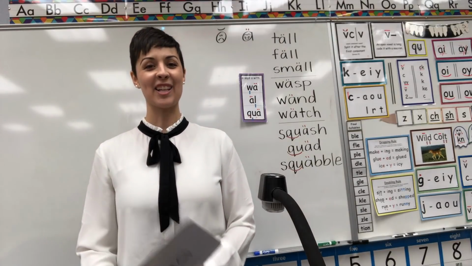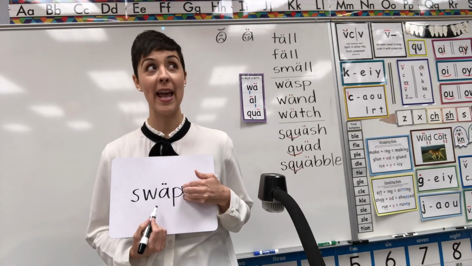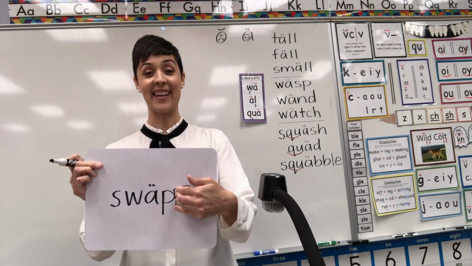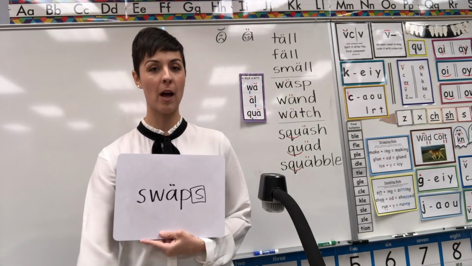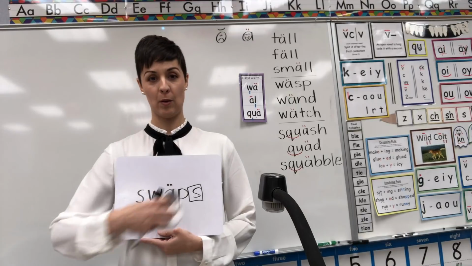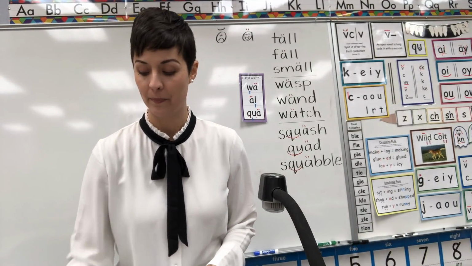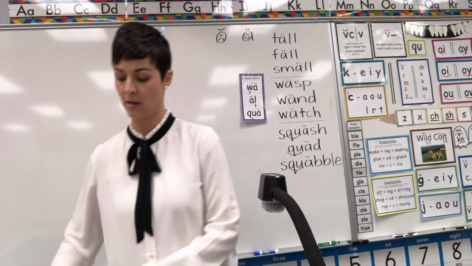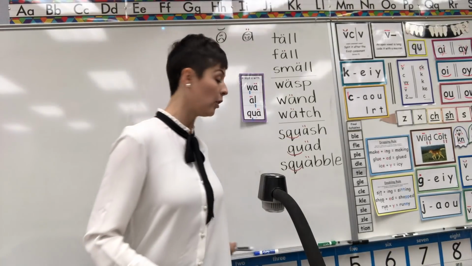Okay, let's check swaps. Root word swap should be S-W-A-P. Did you get W-A? And a suffix, S. You got it. Box the suffix, umlaut the A. As soon as you have that part done, erase, erase. And let's take a break from our practice, our whiteboards,